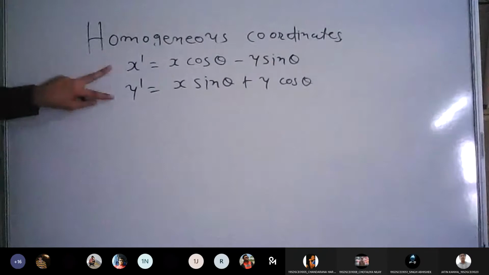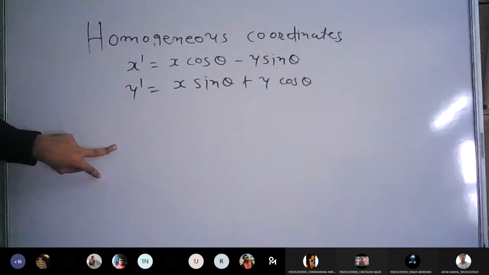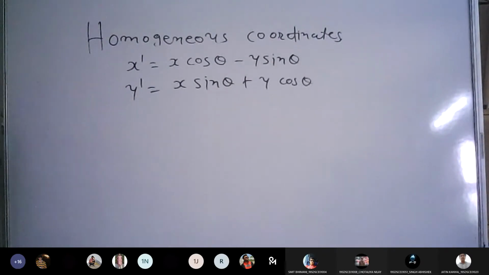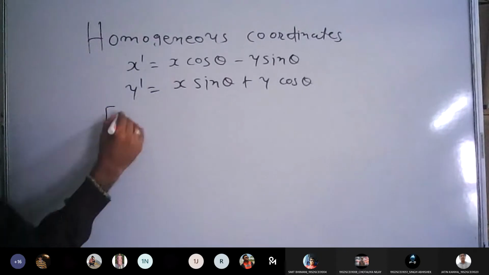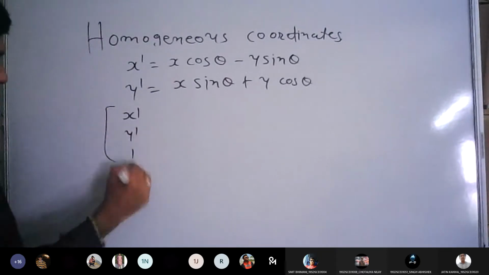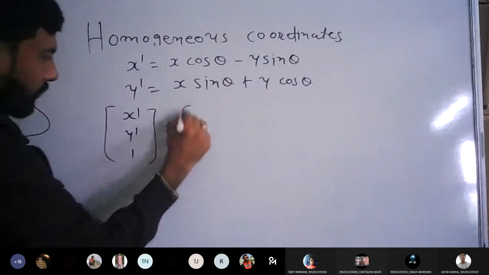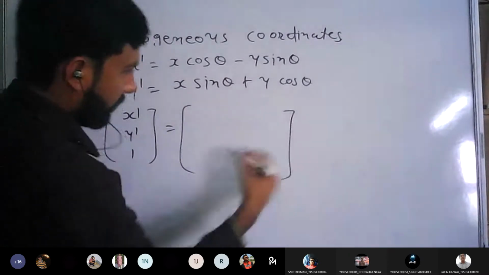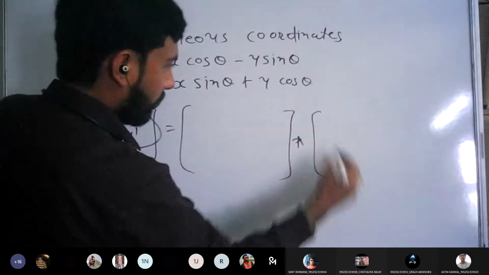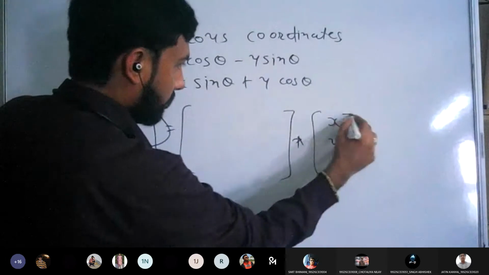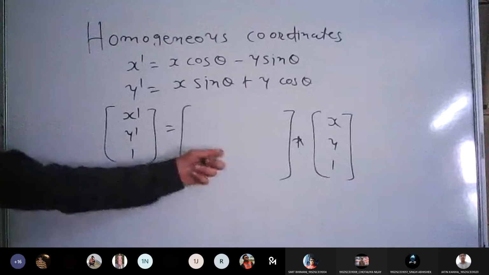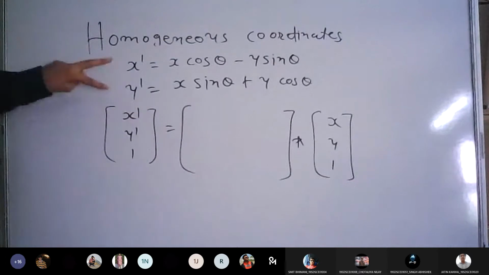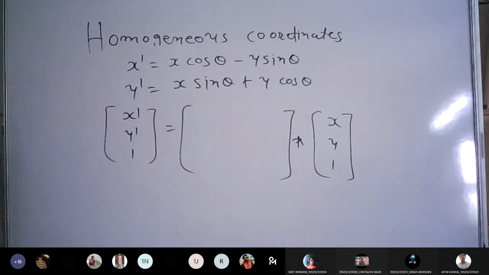Now let us convert both the equations into matrix form having multiplication sign. Earlier also it was there, but now we are going to convert 2 by 2 into 3 by 3. So it will be like this: x dash y dash 1 equal to, we need to write the middle matrix into our original point, which is x, y, and 1. Fine. So now help me to write something in the middle matrix so that when we resolve it, we can get the same equations.